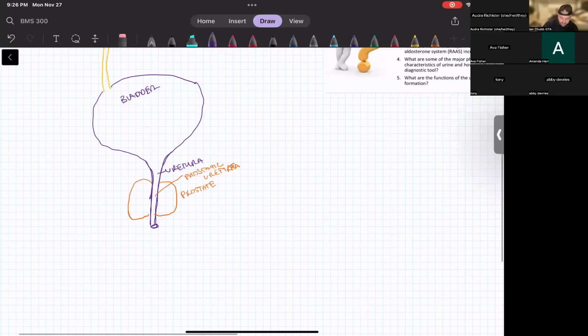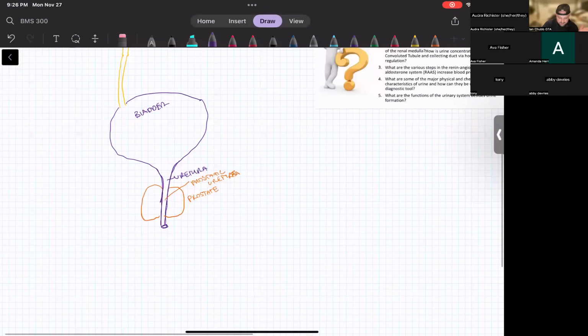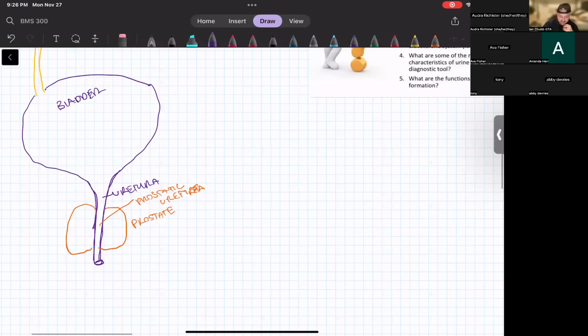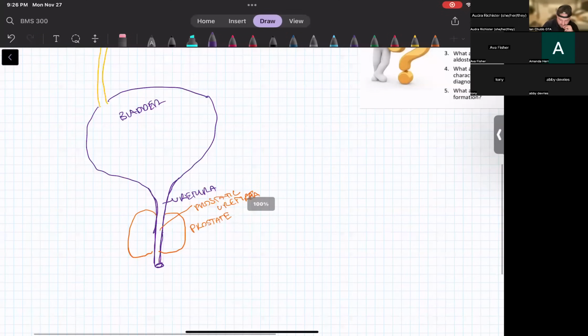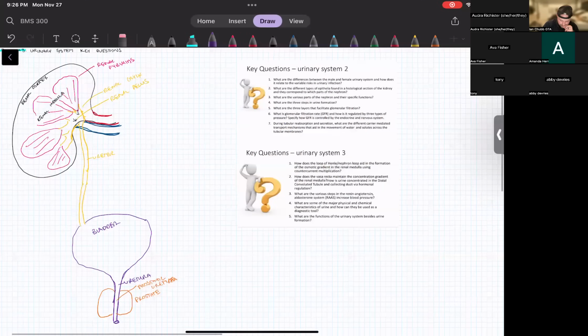So we have a lot longer urethra in males. If you have a penis, you have a lot longer urethra than females. They're going to have a lot shorter one. So that's general anatomy. Just kind of important to know. So now if I zoom back in and look at